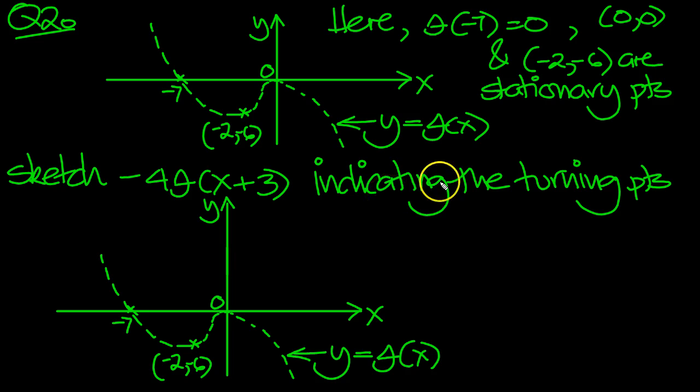I've summarized the question, and now here's the new sketch. I'm going to just use dashed lines because it's easier to draw with a digital pen. Okay, so we need to draw minus 4 lots of f of x plus 3. Now the f of x plus 3 will shift it, and we can check whether it's right or left by